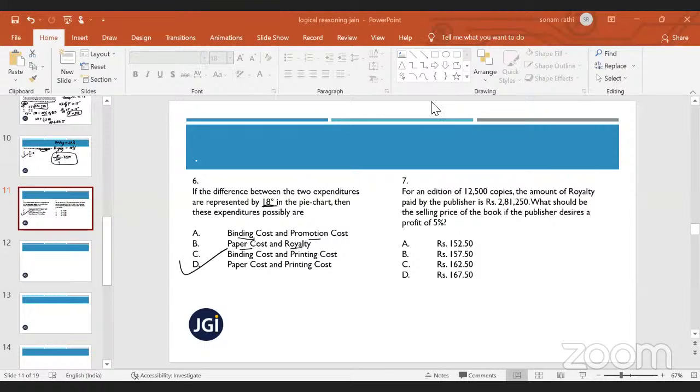For an edition of 12,500 copies, the amount of royalty paid by the publisher is this. So can you find me the royalty of one copy? For 12,500 copies, it is 2,81,250. So for one copy,